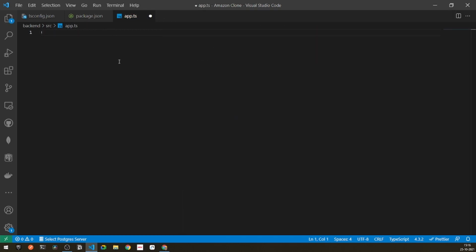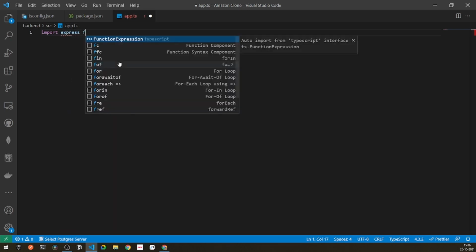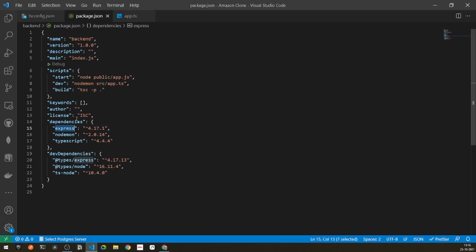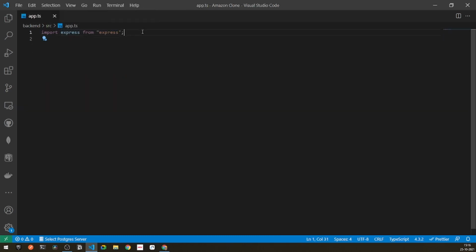So now what we need to do is import express from the package that we have installed, known as express. Simply write express. Now we have imported the entire express module from the path of express, which is a dependency. If you are completely new to express, I will write the basic code that you should be writing to get your server set up and ready.